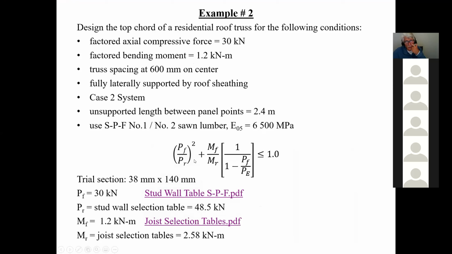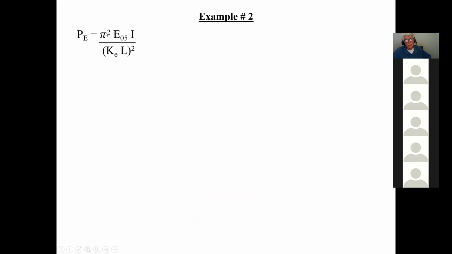So I found this one right away. Why? Because I realized that the way that the wood is being supported, the way that the wood is going to be nailed and everything else, I can go to the tables and get the resistance of that size of lumber. Now, of course, what I don't have is the PE value, which I need to calculate, but I've got the formula for it. So the PE is pi squared E O 5, and this way I get I. Now, if you guys remember, what's I? Well, this is